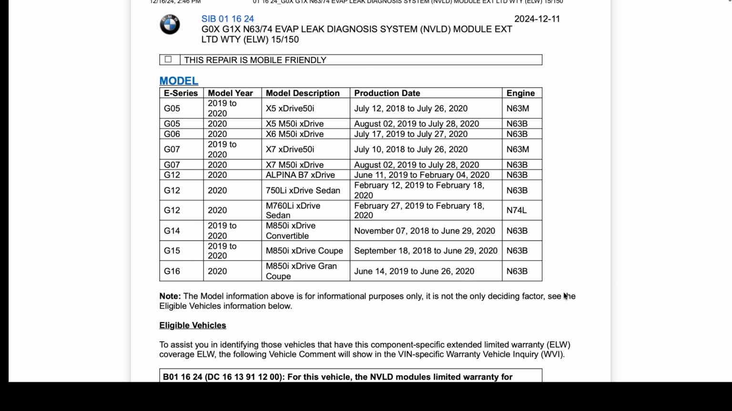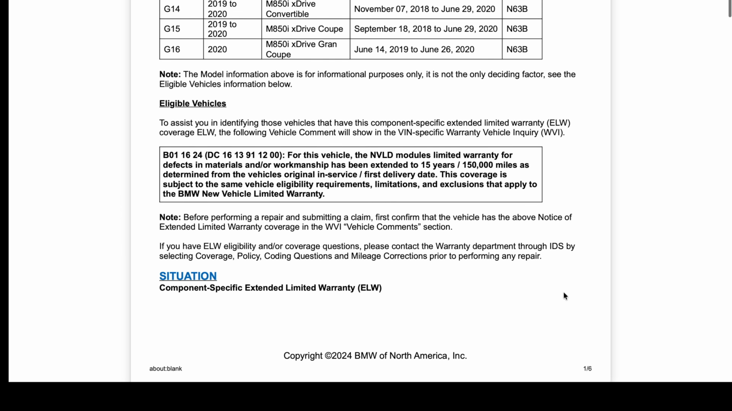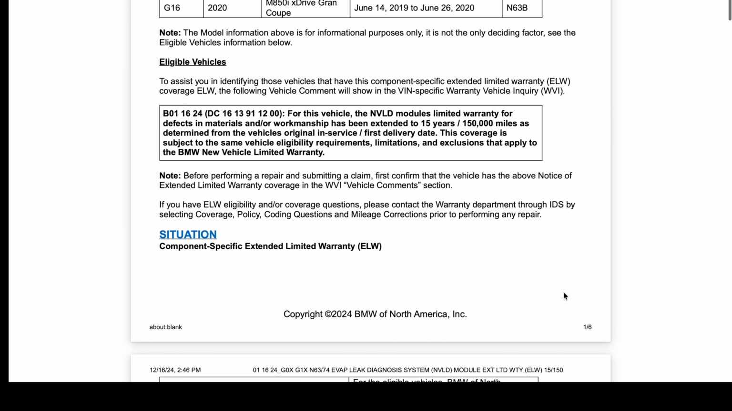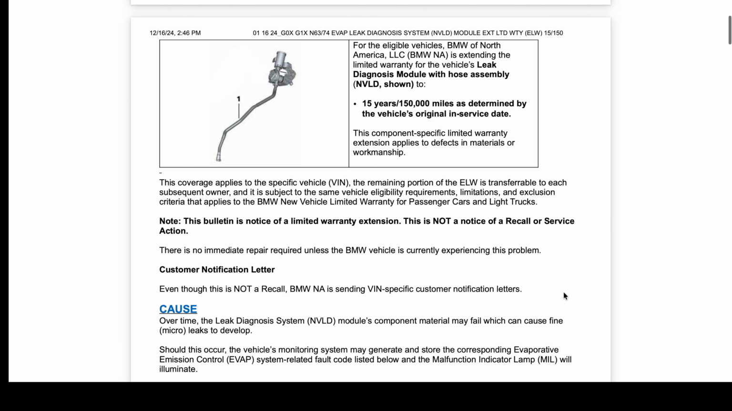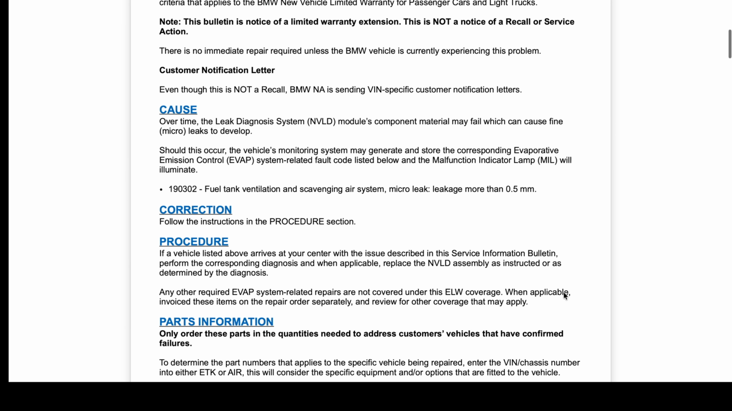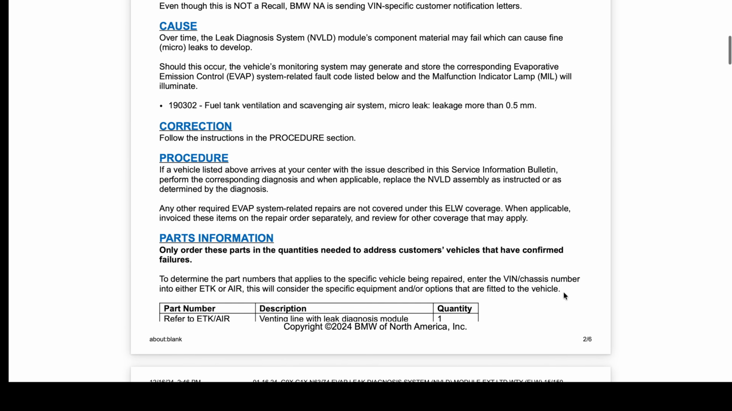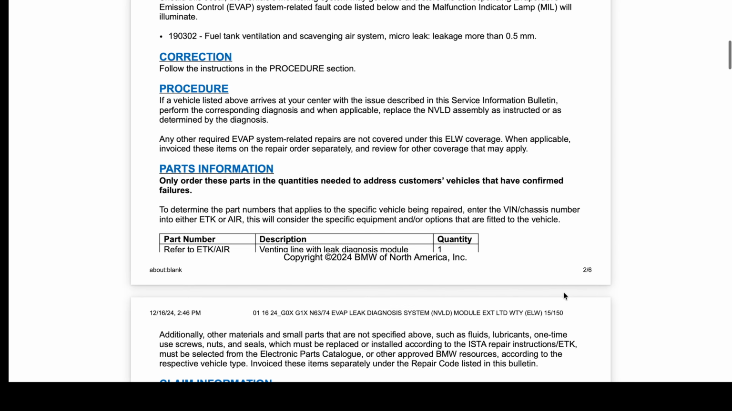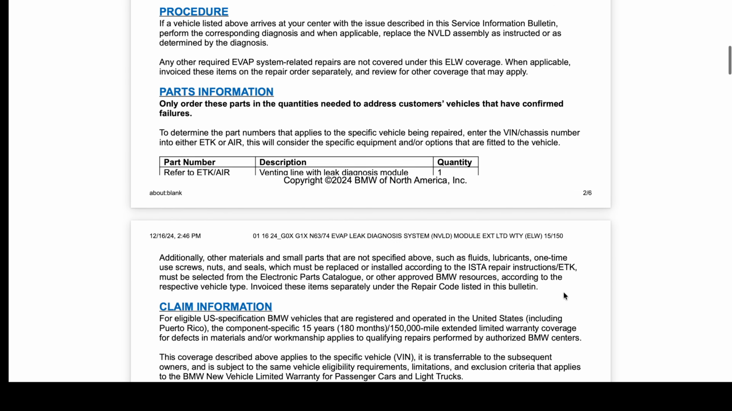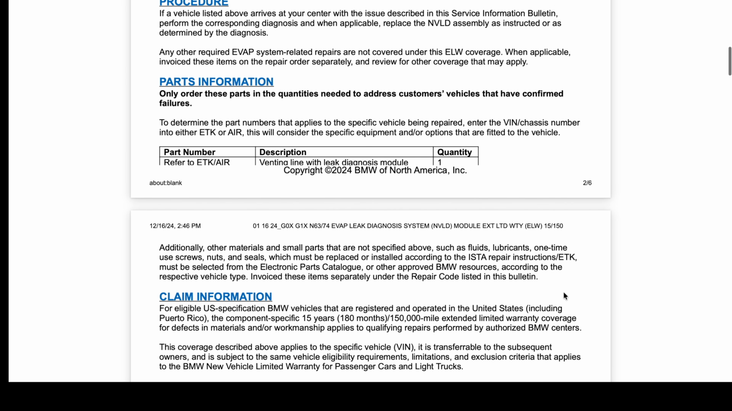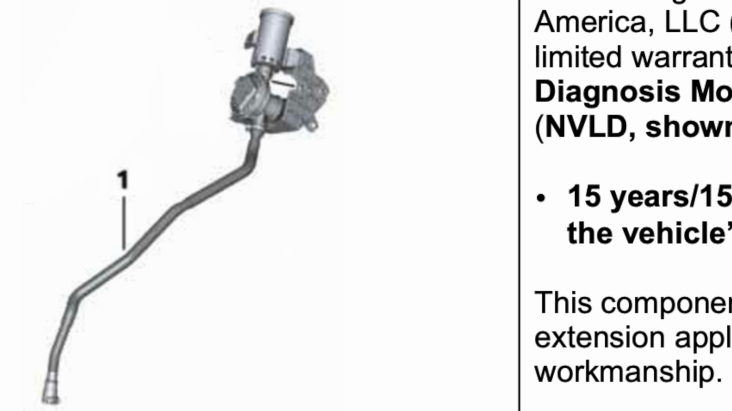So yeah, looks like there is an extended warranty on this, extended limited warranty. At first, it looks like right now it's 15 years, 150,000 miles, whichever comes first, that's how it always is. And this vehicle is not even there yet. How many miles is on this thing? It's in the lower hundreds. This vehicle here should still be covered. 150,000 miles. Okay, cool. And it looks like they're going to replace this part right here, the diagnostic module assembly,